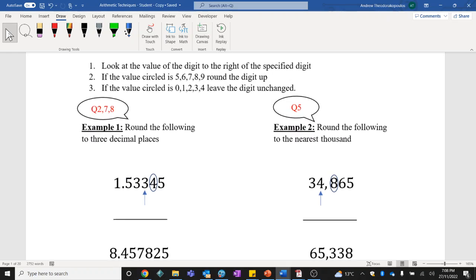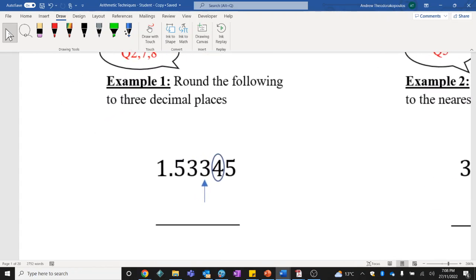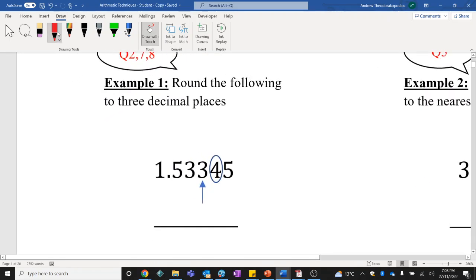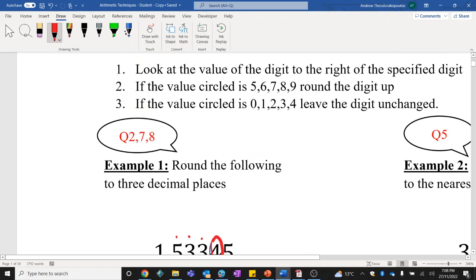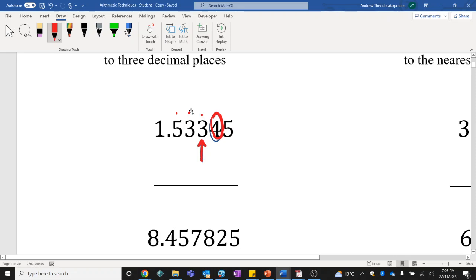So you might have your own way of rounding, but if I'm to look at this example here, the way I'll go about this is I say, okay, if this one says to 3 decimal places, then what we are expected to do is count. This is 1, 2, and the third decimal place. We point to the third decimal place and then we circle the number after. If the value circled is a number that's 5 or bigger, then we round up. If it is 0 to 4, then we leave the digit unchanged. So in this case, the number that we've circled is a 4, so it's in a small group. So the number that we've pointed to stays the same. So 3 decimal places would be